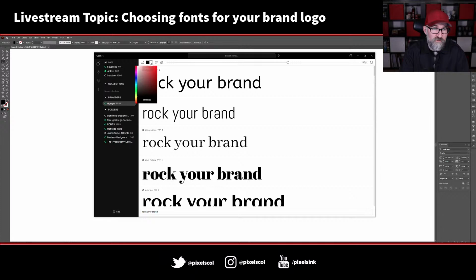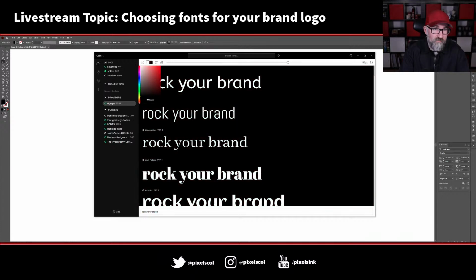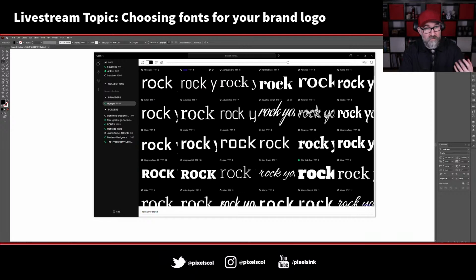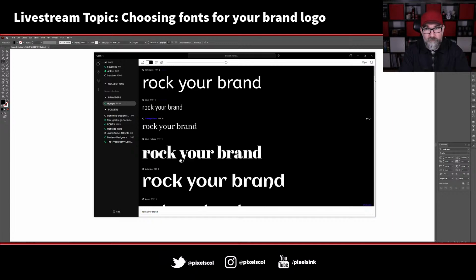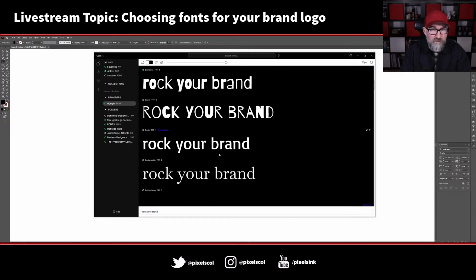You can also change it to, well, whatever color you want, but I generally change it to black and white. Sometimes it's easier to see what a font looks like in black and white when you're scrolling fast through them. It helps them to stand out a little bit more, a little bit easier. So that's a really good one.